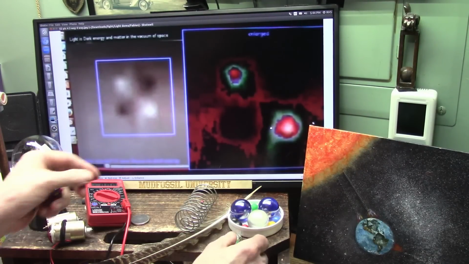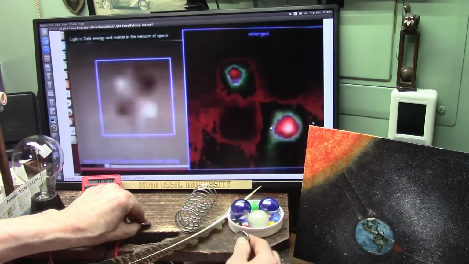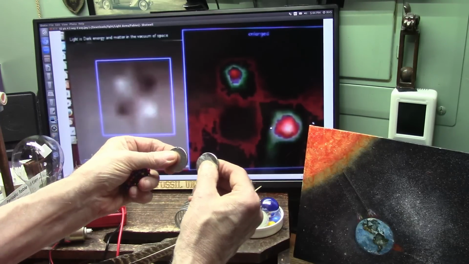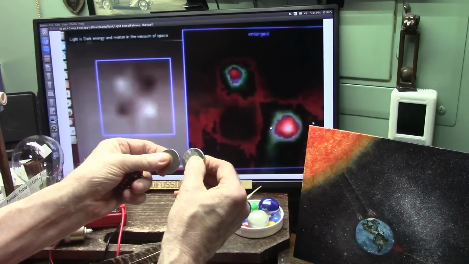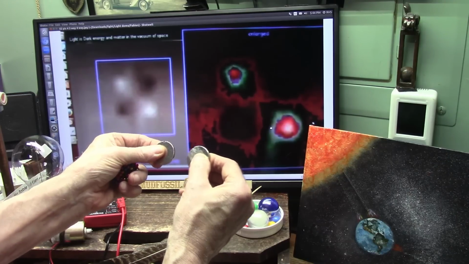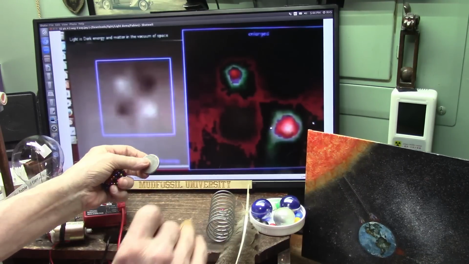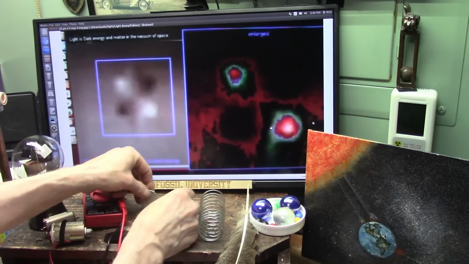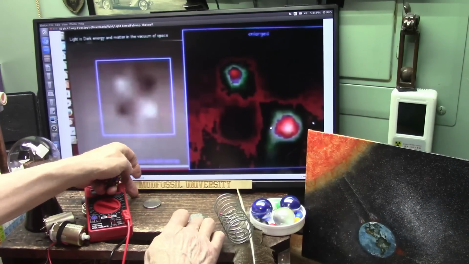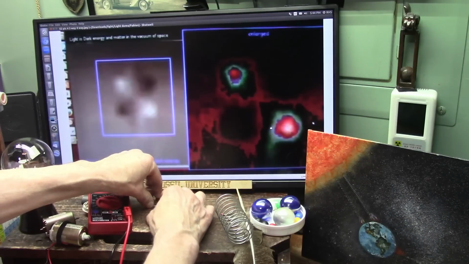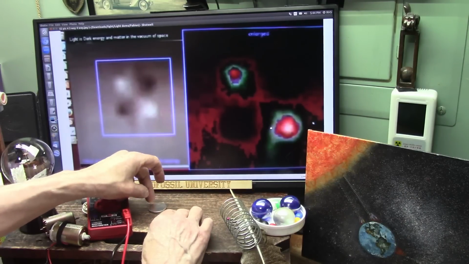I just don't know what to say about that. But I can tell you what: if you take two magnets and you push them, they won't go together. I can't get them to go together. It feels like there's a wall right there. Watch. Can you see down here? Yes, you can. Watch. Whenever I come close to there, it takes off. Now that's interesting. Wow.